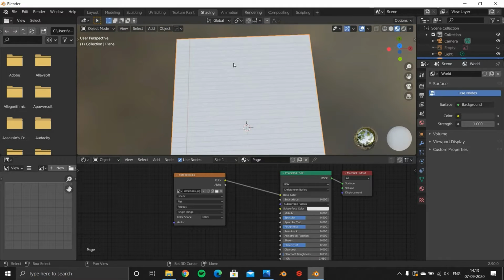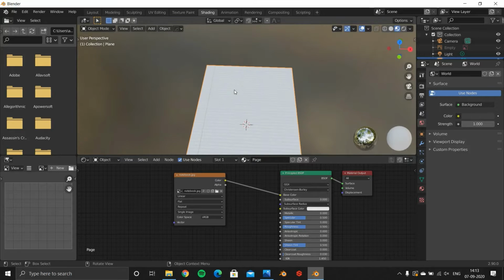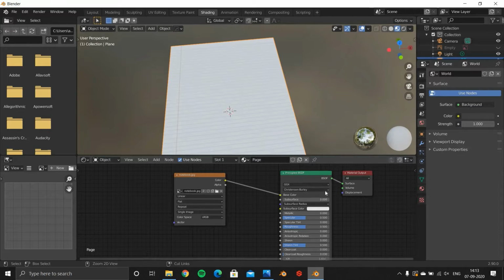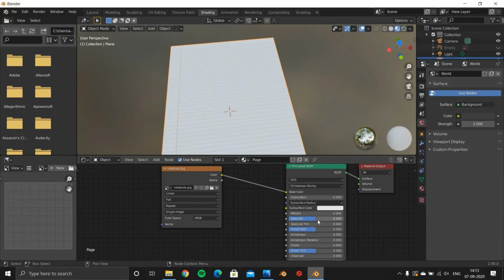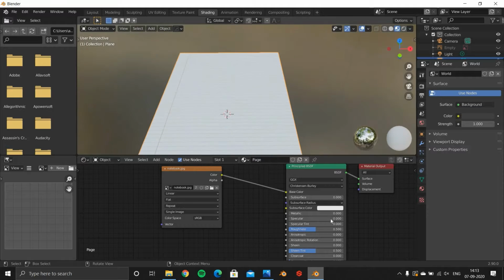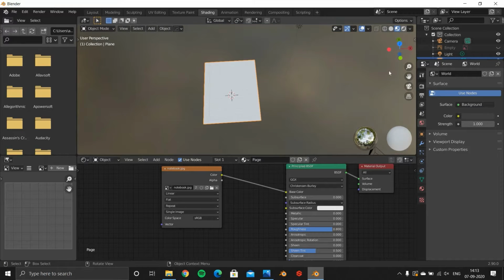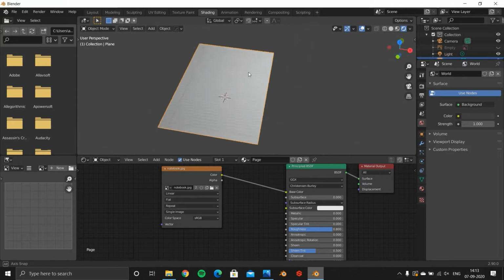As you can see, it fits perfectly because we have already set the size for the plane according to the image, so it's great. Let's set the specular to 0 and also the roughness to 1 or maybe 0.8. Rest we can just keep it as is.